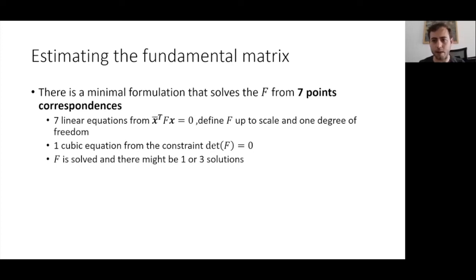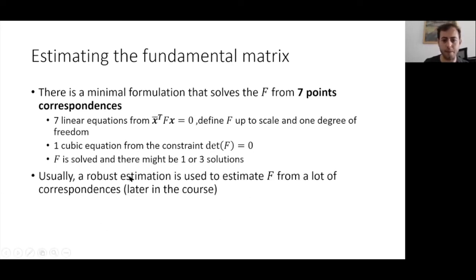Usually 7 points, it's related to the next point. Usually you want to apply robust estimation in order to choose a minimal set of points that will give you an accurate fundamental matrix. Ronen will talk about it, I think 2 weeks from now, but robust estimation is a very important problem in computer vision, and robust estimation methods are getting much faster as you reduce the number of minimal points